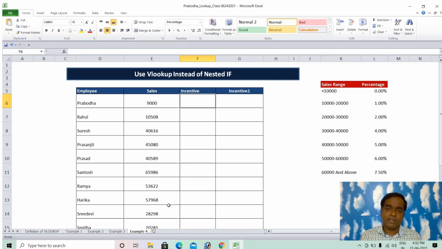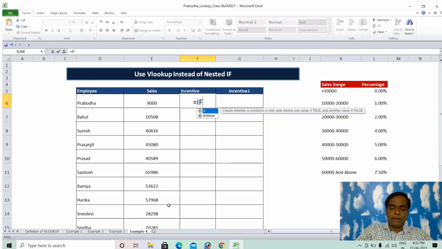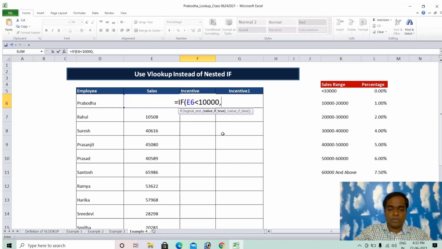So in this scenario, most of the 80% of Excel users will go for the IF condition. So they will apply the IF, and they'll put the criteria. If my sales are less than 10,000, then I'll go for 0%. So let me copy all these things, twice or thrice.